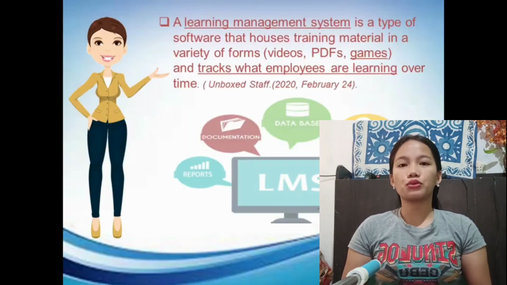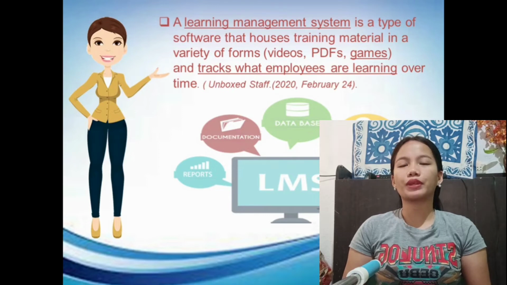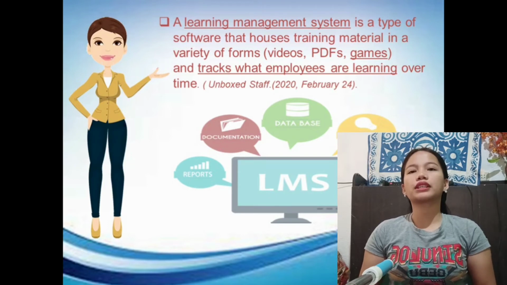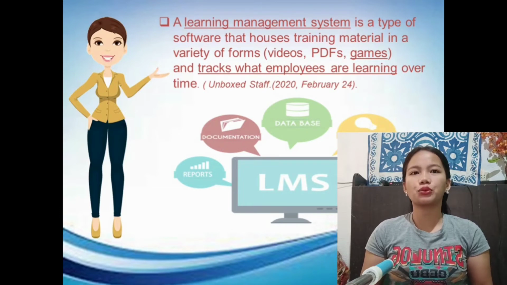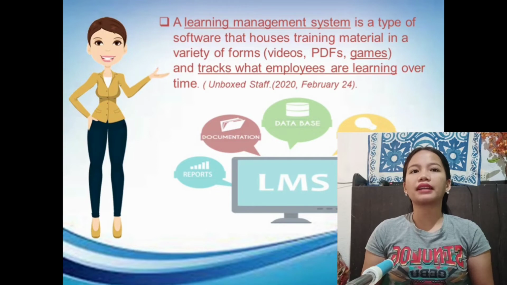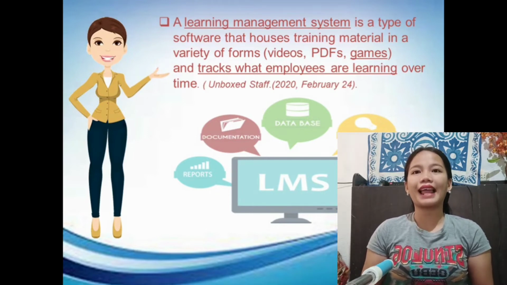It is a software solution that manages administration, monitoring, and reporting on online courses and training programs within an organization. Now, this is one of the reasons why education has still been carried out amid this pandemic without putting the academic year on hold, for it serves as a virtual classroom where teachers can interact with their students and conduct learning activities online. And this tool provides features to help simulate experiences and activities that usually happen in the classroom